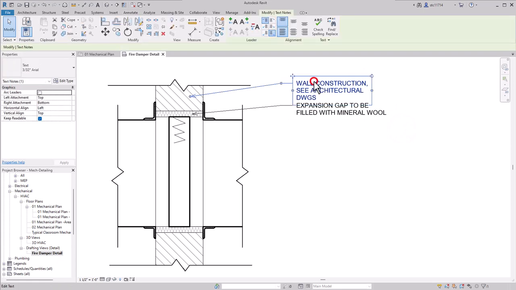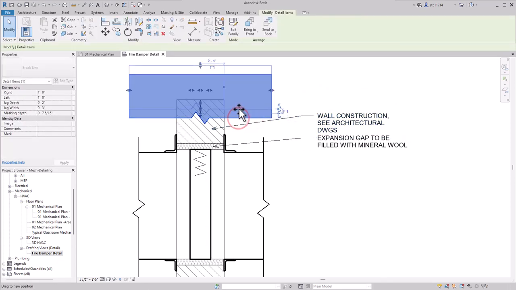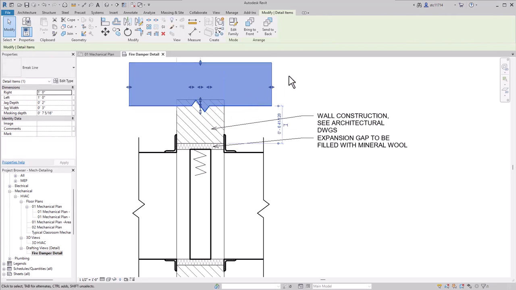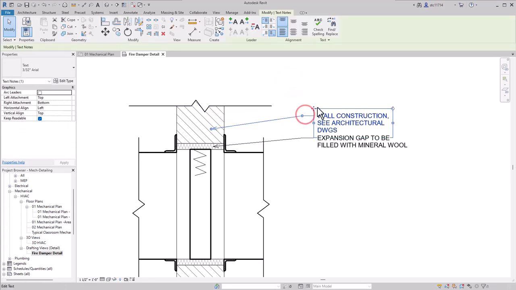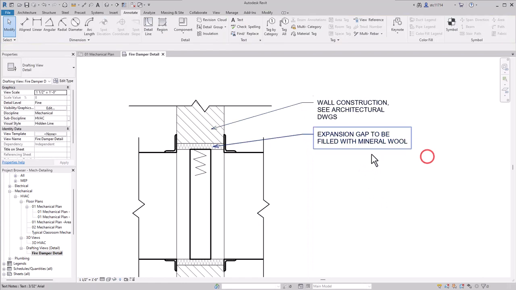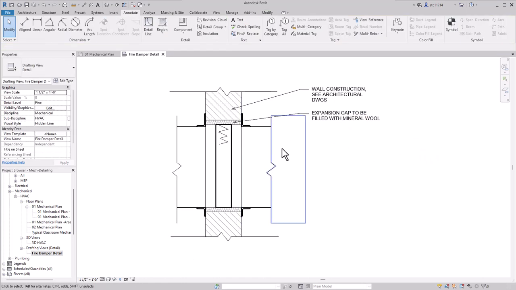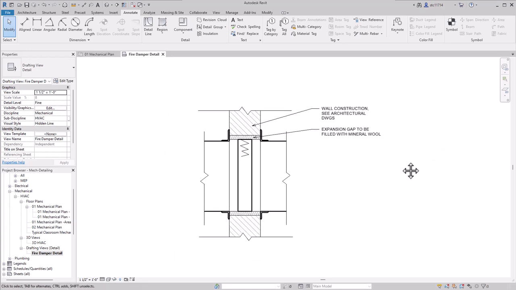Those two are pretty close together, so I might adjust things a little bit. I might grab my break and move it up to give it some more space here. Then I can grab this leader and use the move symbol to move it straight up there. That way I still have my landings nice and even, but I've got a little more space between my labels. Of course, I can continue adding in more text, but I will leave that to you.